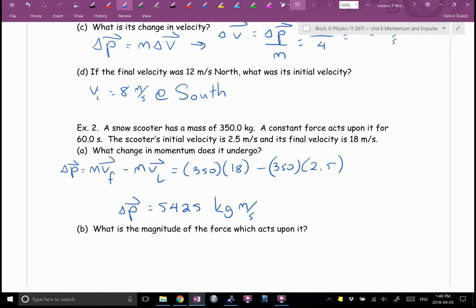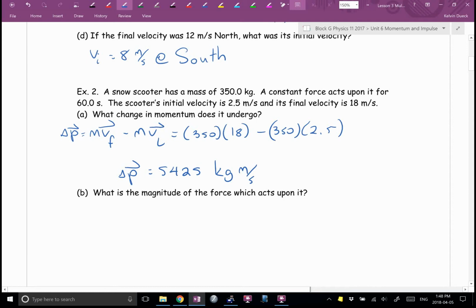Gagan, what's B want me to find? What did A want me to find? Another word for which is? I could probably find the force, don't write this down, by going F equals MA. I know the mass. I could then say VF equals VI plus AT, so A equals VF minus VI over T. I could plug A into there, and I will get the force. And I will give you full marks if you do that. But,